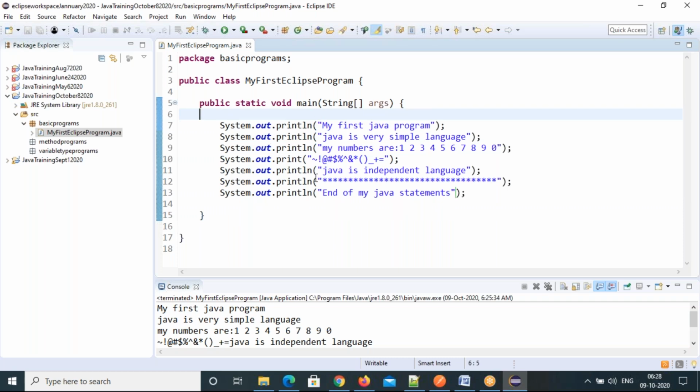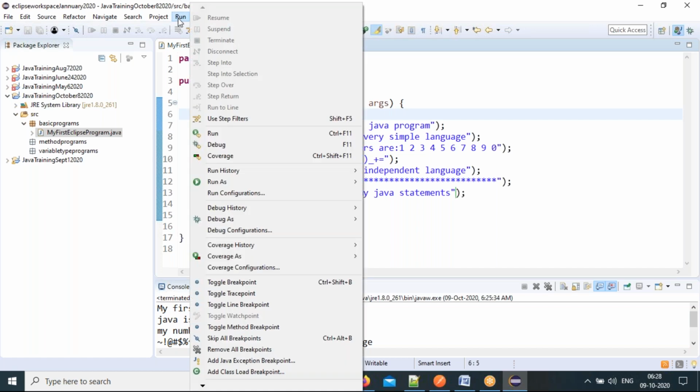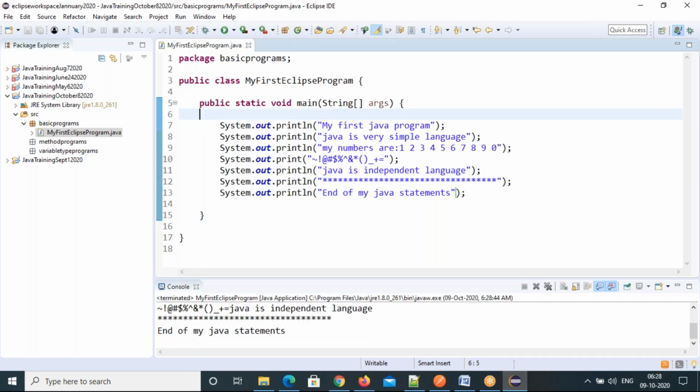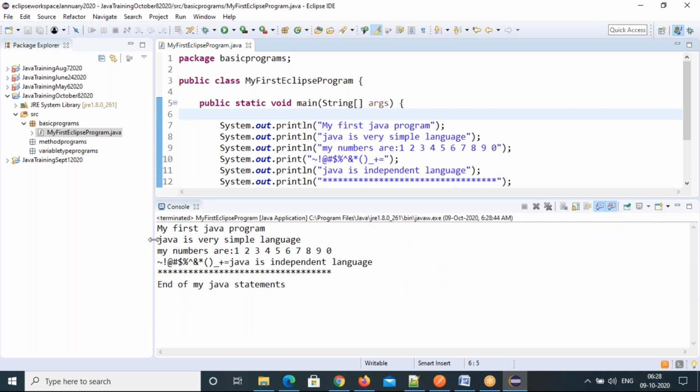So that's the first way to run your code. Next, I will run through the Run menu. Click the Run menu, Run As, Java Application. See that you will get the same output.